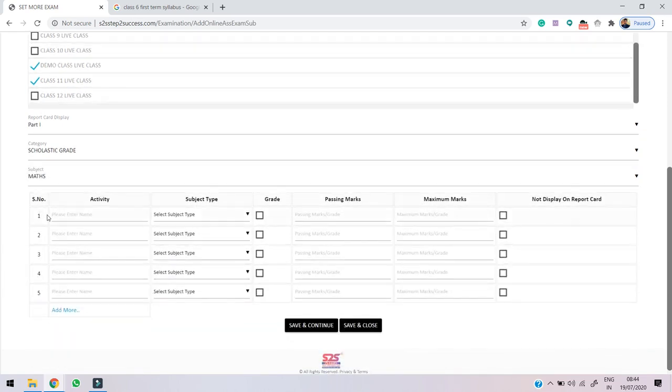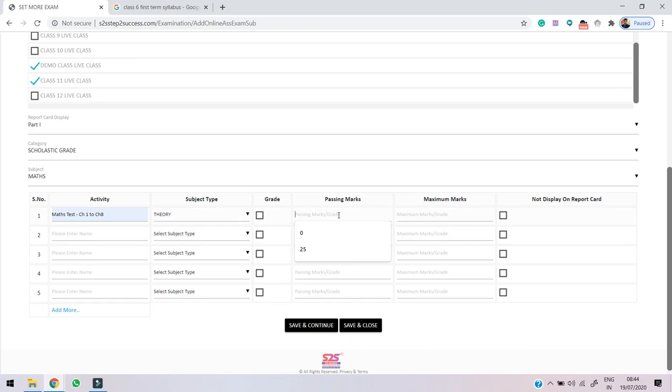Okay, then here it says you have to enter the activity name. What we can do here is give the name of the chapter. Let's suppose this test is for chapter 1 to chapter 8, so we can give this name. You can choose a name according to your choice. Then next, you have to select subject, so subject will be theory.